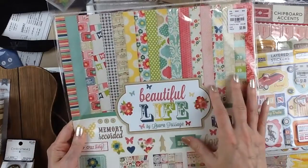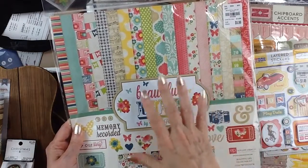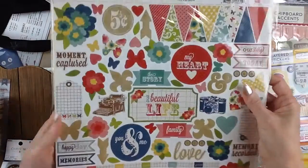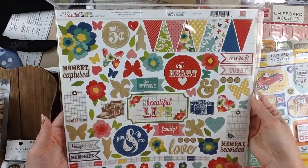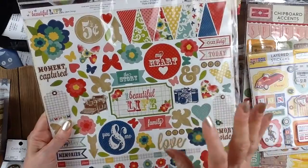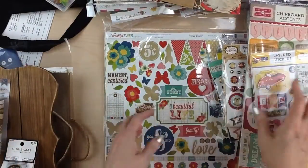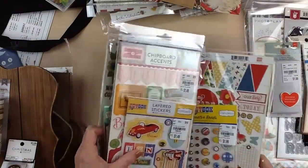This is definitely, when you see this, this is me. The soft colors, the flowers. It's just gorgeous, so it had to come home with me. This is one that I don't have, and it's an older collection, so it actually says 2013, so they just don't make them like they used to. So that was my Tuesday morning haul, and I'm telling you, you guys, my table...